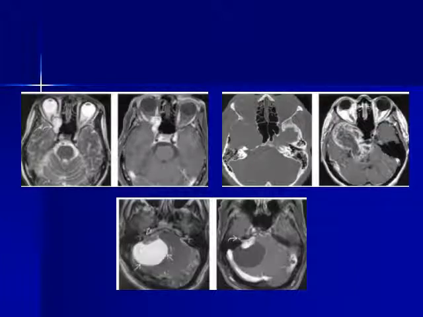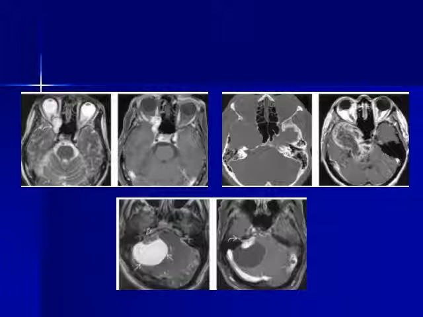Okay, this is the V1 branch of a trigeminal nerve schwannoma. Trigeminal schwannoma could be solid like this or may become necrotic in its core, but the orientation along the course of the trigeminal nerve makes this diagnosis. We can see it involving the